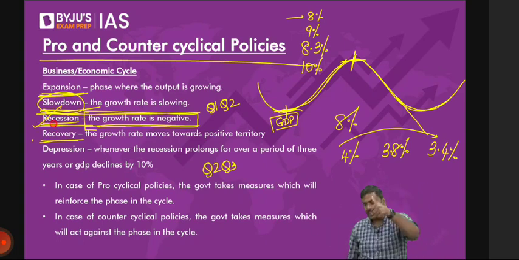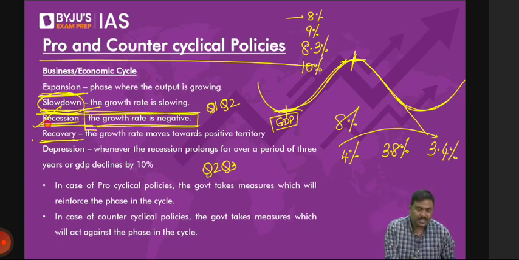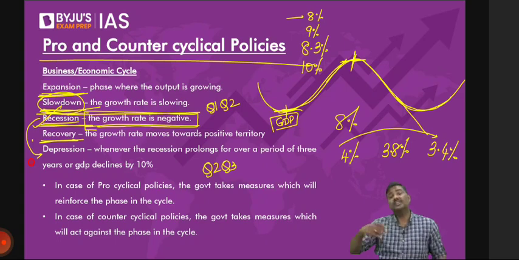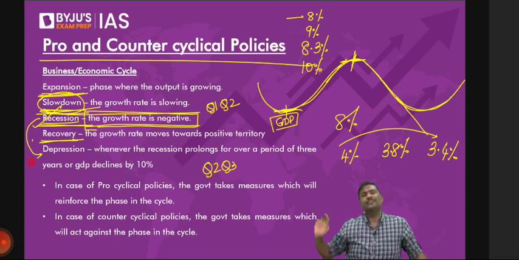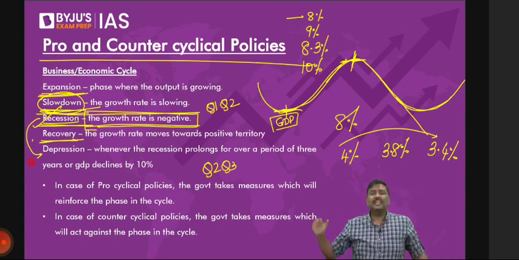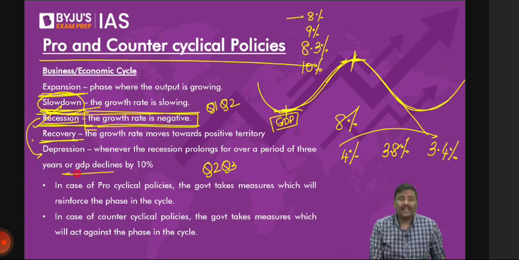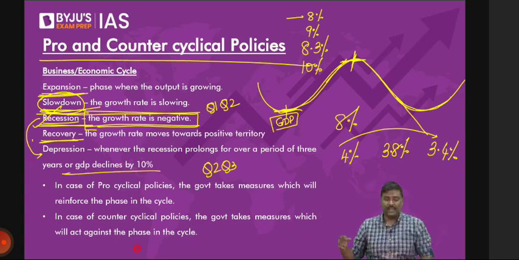And have a look at this. If recession is not controlled, if you can't control recession, 2 quarters of recession. But what if recession continues? -2%, -5%, -8%, -10%. So if the recession continuously happens in the economy, where the GDP will drop, and recession keeps on happening for 2 years, 3 years like this, it is called a depression.